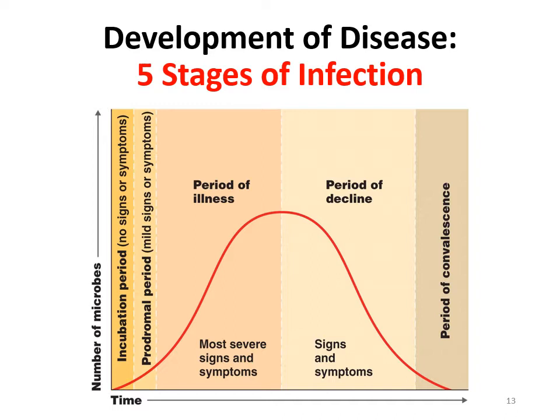The period of decline is, as it suggests, the symptoms are declining or decreasing. Okay, but I want you to put a star next to the period of decline and write that even though you start to feel better, this is when you can acquire a secondary infection. Okay, so for period of decline, write down that you can acquire a secondary infection. Okay, why is that? Because think about it, at this point,